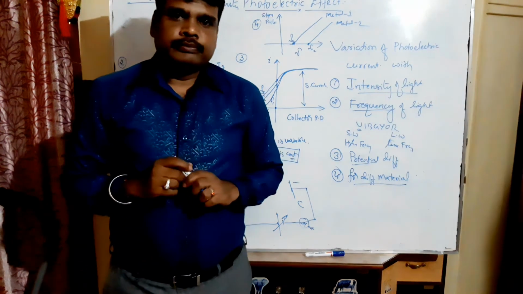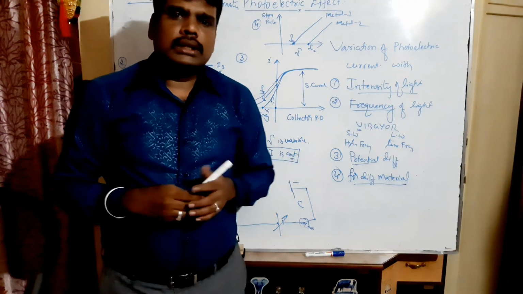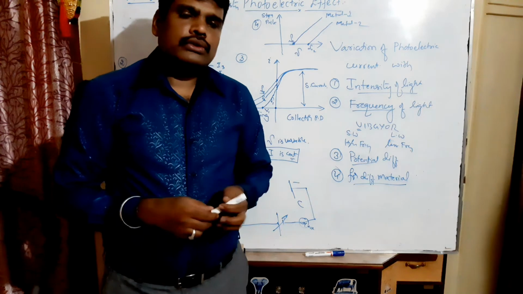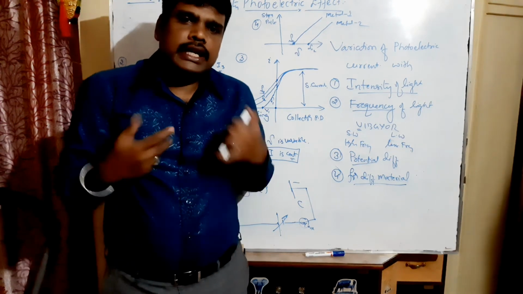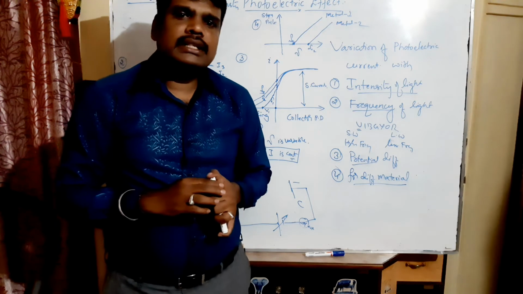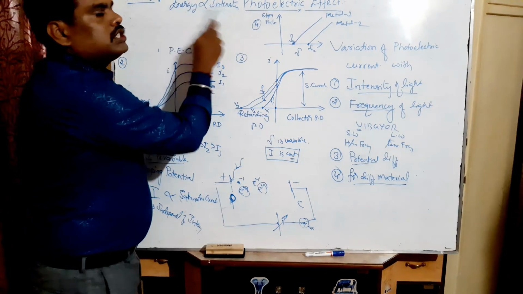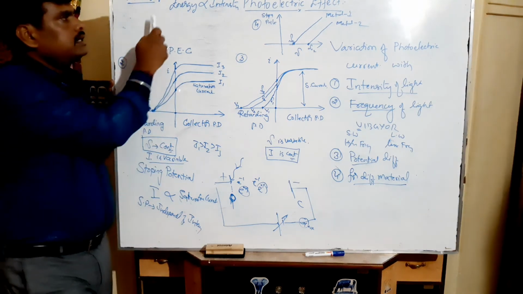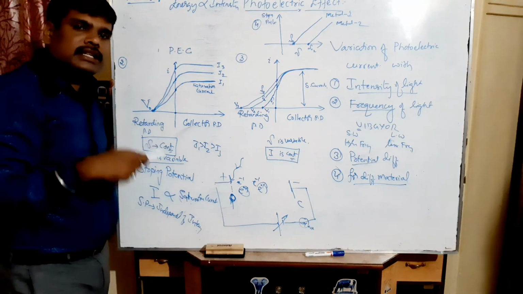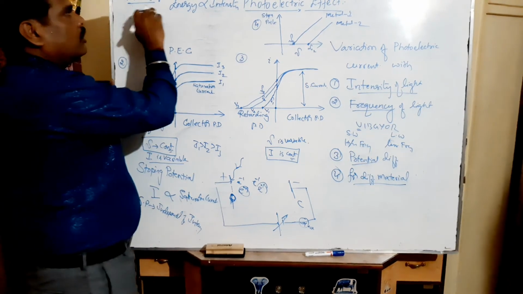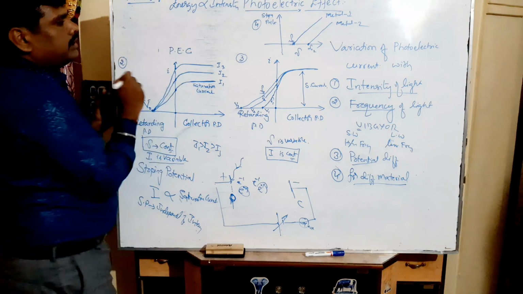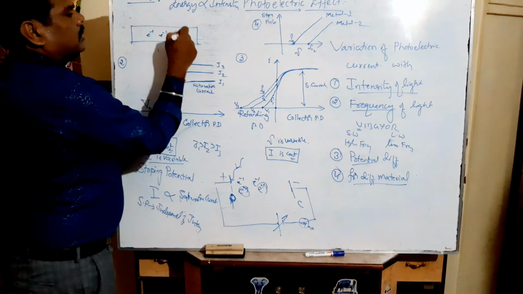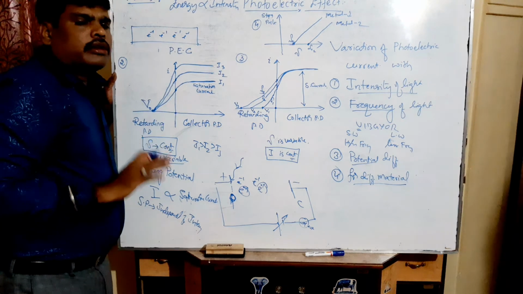I already told, if I go close to the source of fire, the intensity of heat I can feel increases. It means that intensity increasing means the energy also increases, according to the wave nature of light. If I consider light as a wave, how can the intensity vary with energy? If intensity increases, the energy also increases. This is according to the wave concept. If I consider the same thing to understand this photoelectric effect, you know that all metals contain a large number of free electrons.